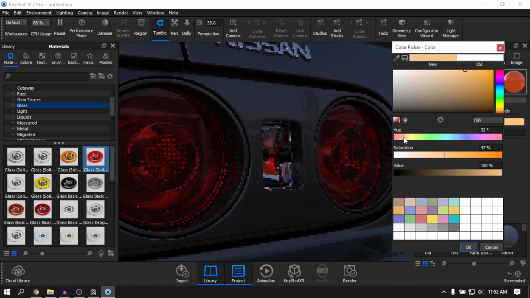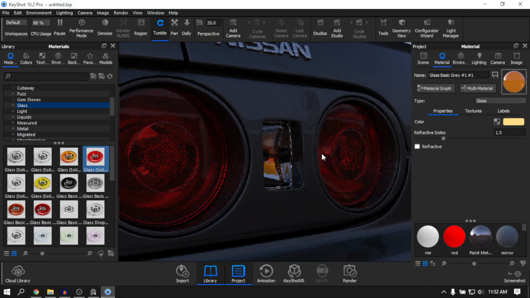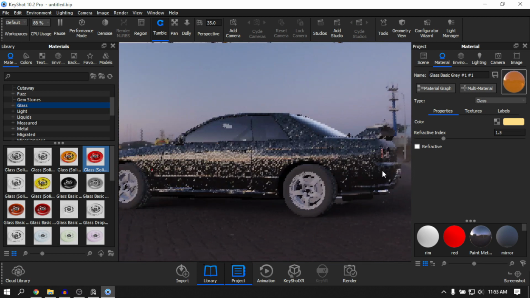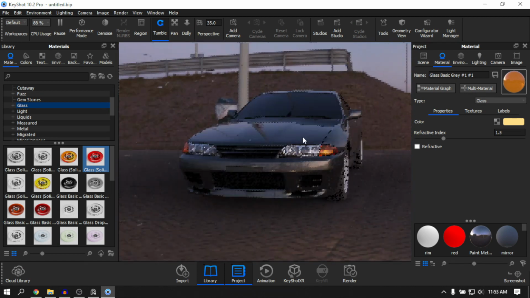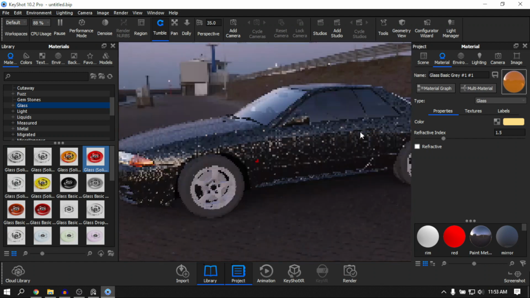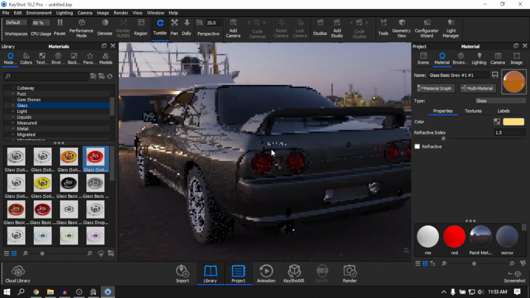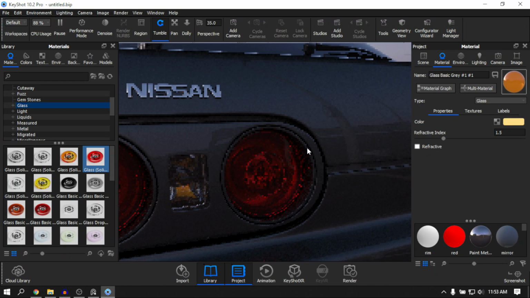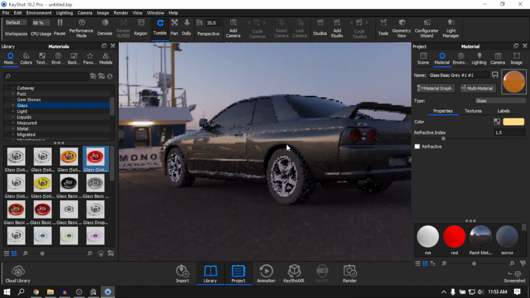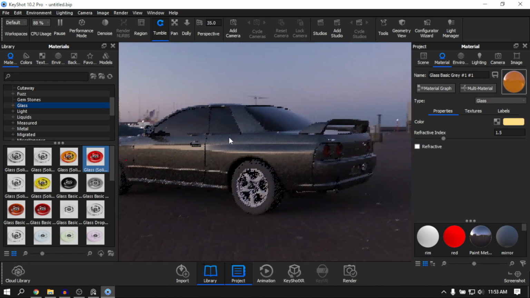So now that our glass is orange, we can see that it has that orange look to it, right? I just want to make sure that I unlink the material. I did, yeah. So I just edited the glass and changed its color, right? So now the next thing is